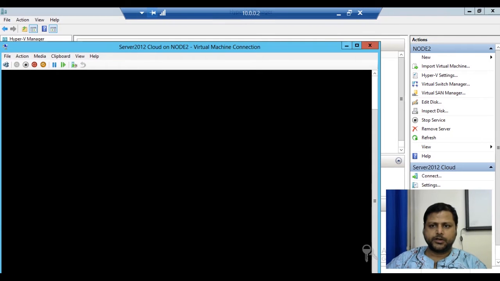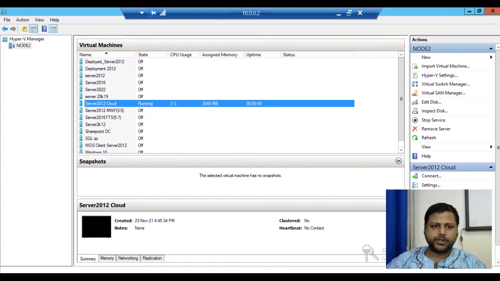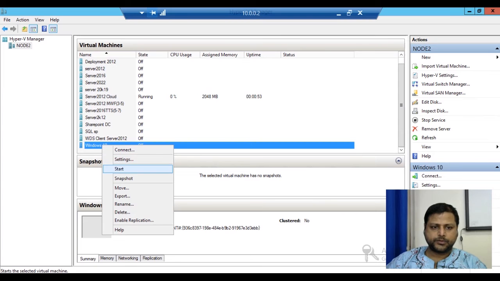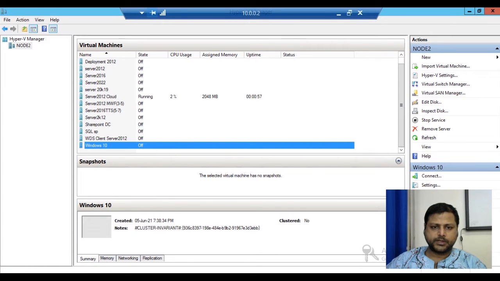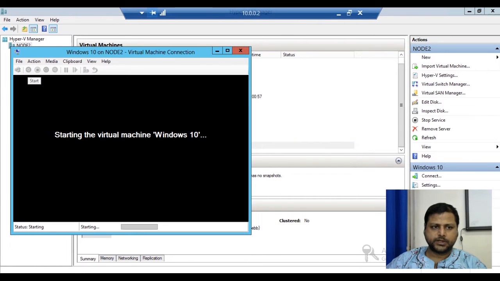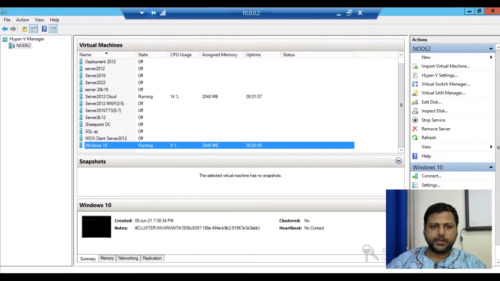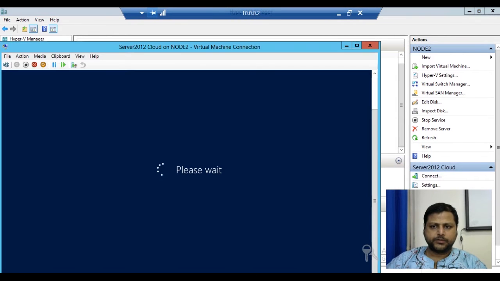Simultaneously we'll prepare another node so that it will be able to communicate between the IPv6 systems. So here we will start one another system. So we'll connect to the client system also, and we'll start the client system so that server and client will be able to communicate on the IP version 6 platform. As we can see, both the systems are getting ready.